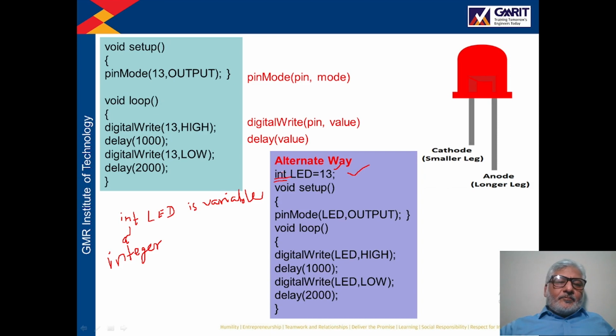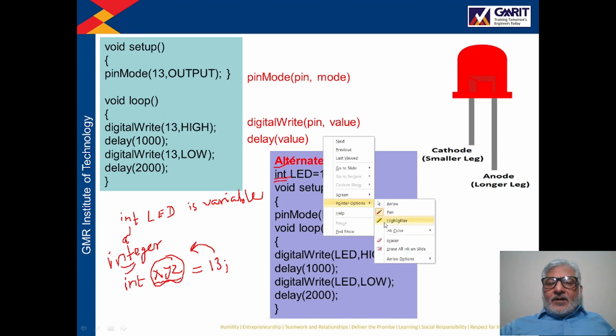So this is the syntax of declaration of a variable. The syntax is int, then the name of that variable, and you can assign some initial value. So I have assigned it 13, right? Whatever you write here, x, y, z, a variable will be created with the name x, y, z, and it is of integer type, and you can assign an integer value. So here I have assigned 13.